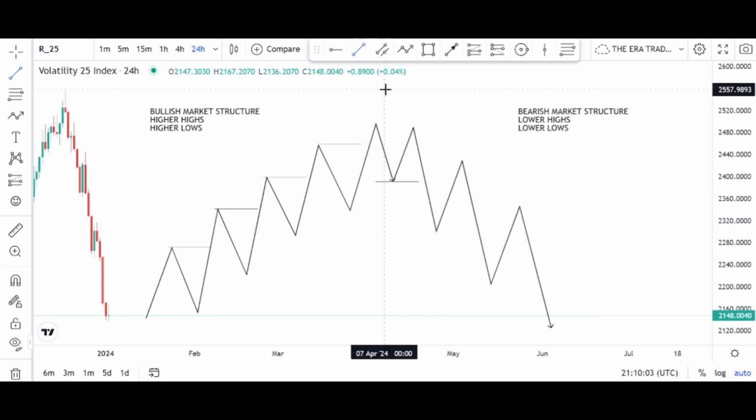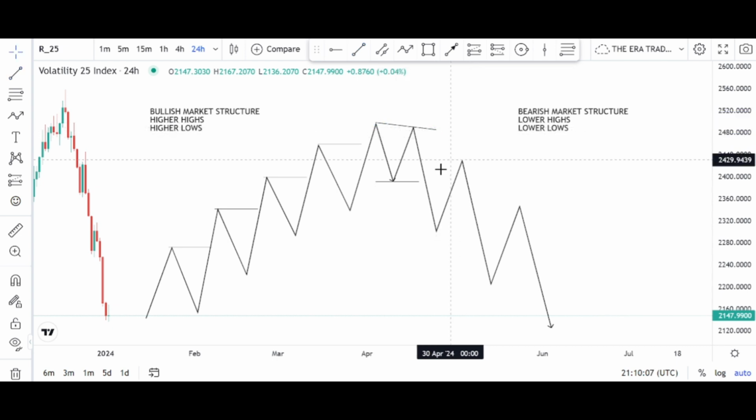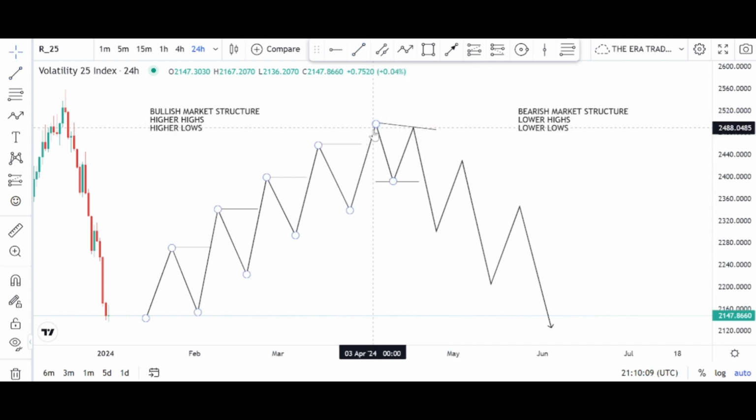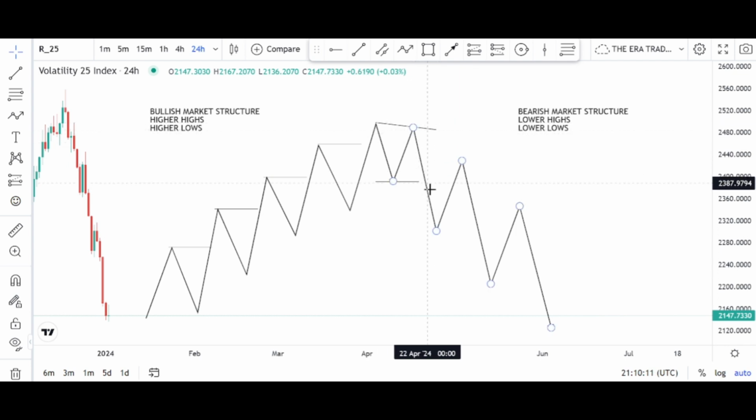Refused, failure swing. All right, failure swing. Then it refused to take out that high, now forming lower high, lower low, lower high, lower low, lower high,